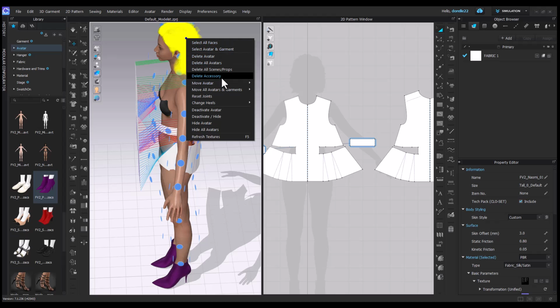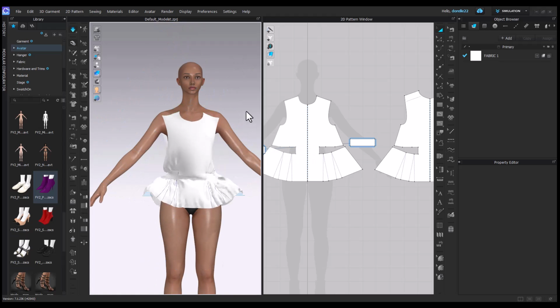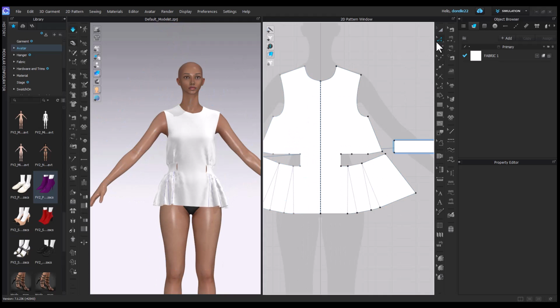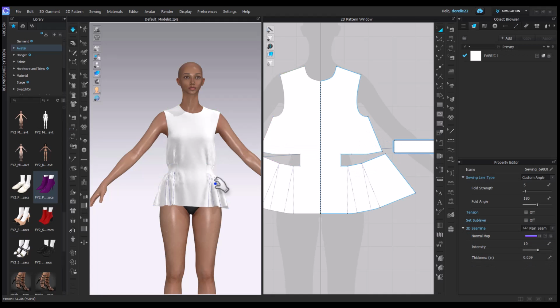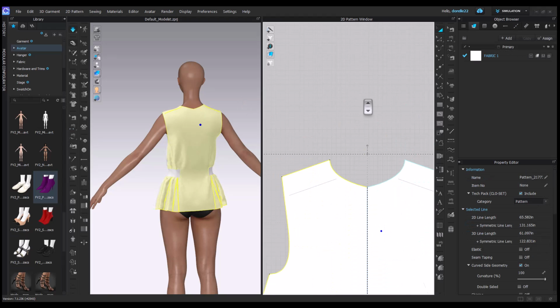So I'm just lining up my patterns on my avatar using my arrangement points, and I'm going to delete her hair. It's an accessory, so you can delete an accessory, and that's the hair. And basically when I'm draping, sometimes the hair gets involved with the garment. So right now I'm going to go ahead and sew my knitted seam